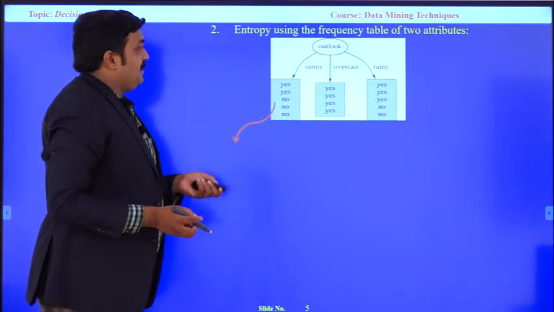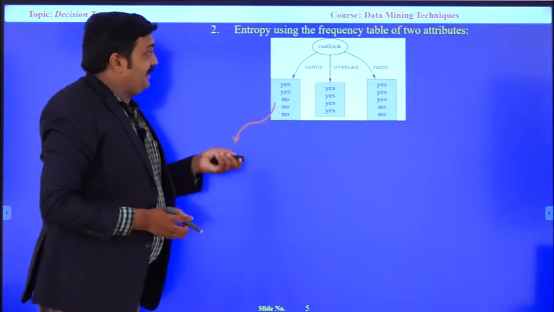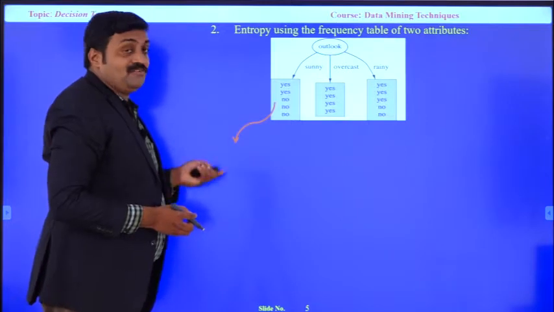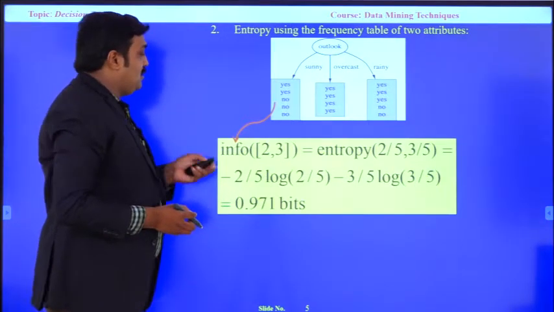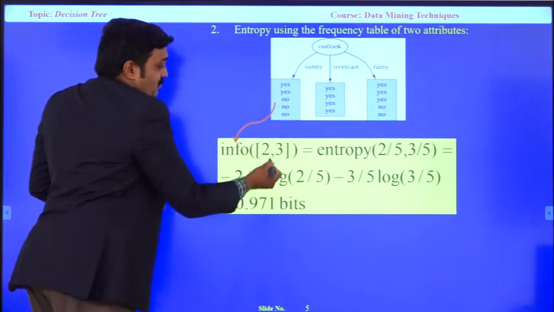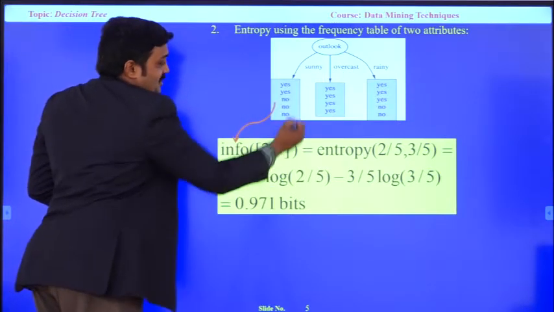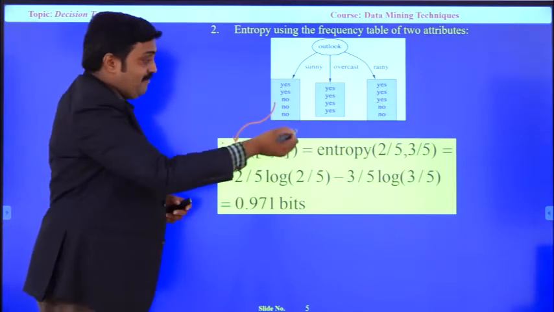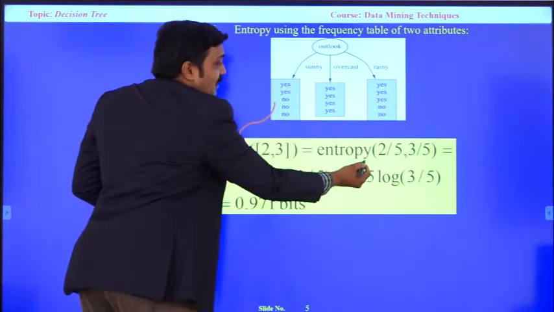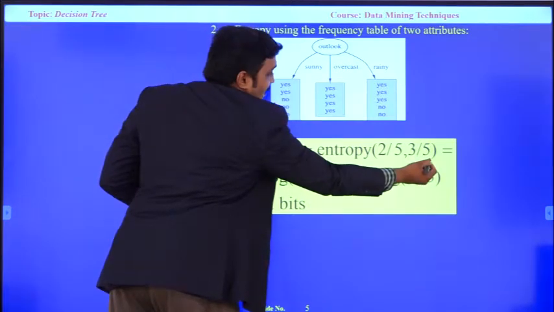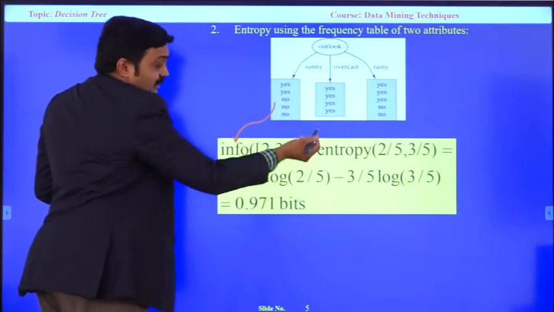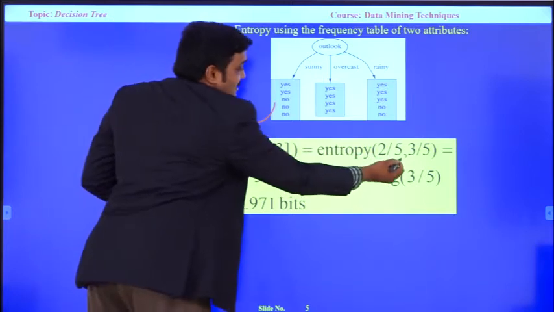Based on that, I can apply the entropy. First I want to calculate outlook with the combination of sunny. Whenever outlook is sunny, the values are 2 yes and 3 no. As I previously gave the formula, the entropy uses 2 by 5 for the yes class and 3 by 5 for the no class.